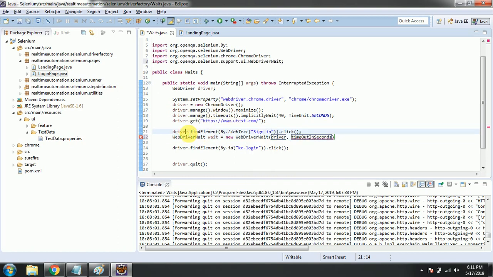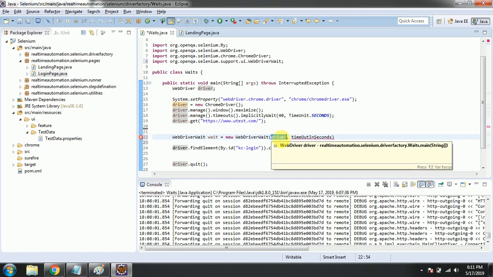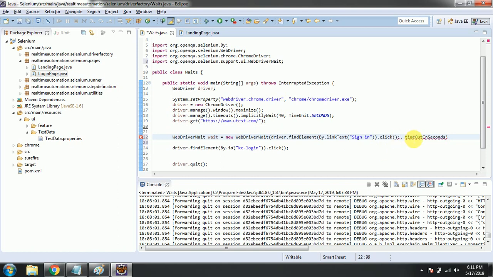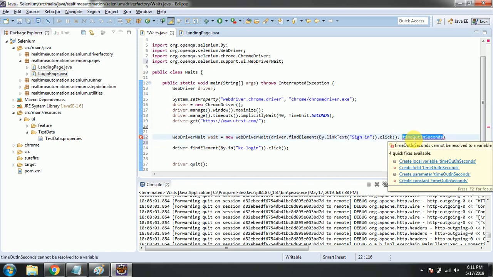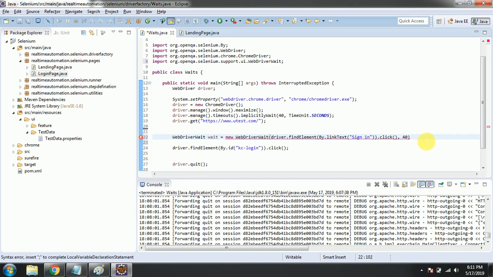Okay, we need to mention the element here, over here, and the maximum seconds that we are going to wait. Like for this, the 40 seconds, right?